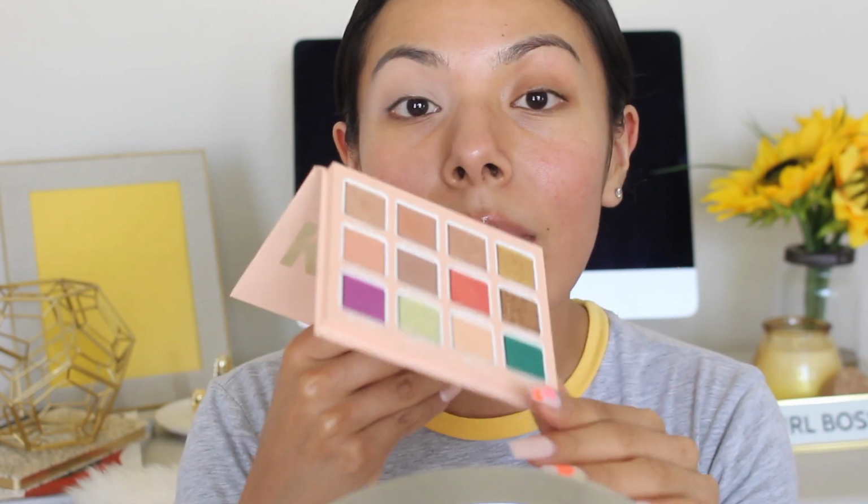So now for my favorite palette, it's this baby right here. This is my Kylie Jenner palette from the summer collection. And when I saw this, I was like, I need it. It's so pretty. It just has some gorgeous colors. And to be honest, guys,